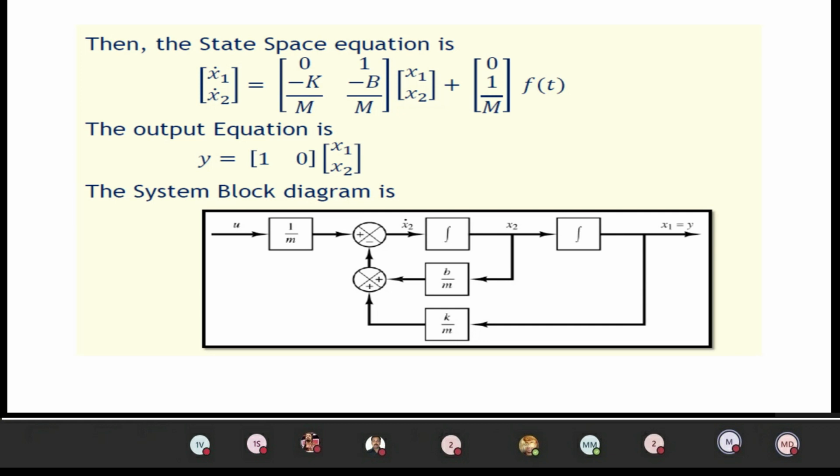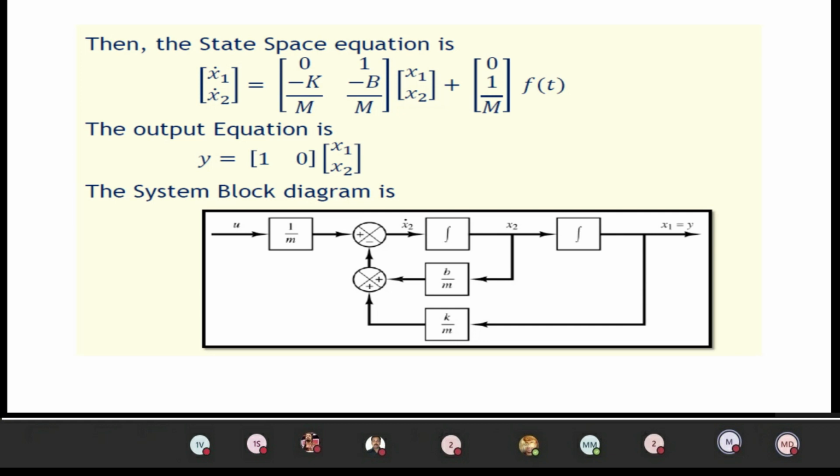So here you will be having x1 dot is equal to the current through the inductor. Current through the inductor is nothing but i of t. So i of t has been taken as the first state variable, and then the voltage across the capacitor, which is nothing but the integration of i into dt, gives x2 dot. Here you can obtain y. y is nothing but the voltage across the capacitor only. You can write that also.